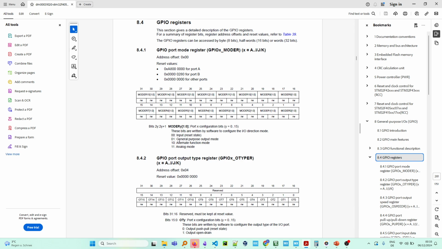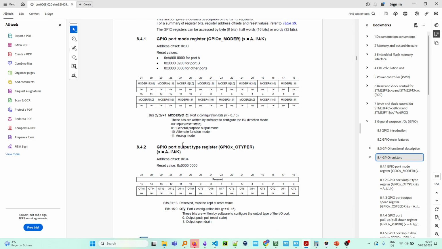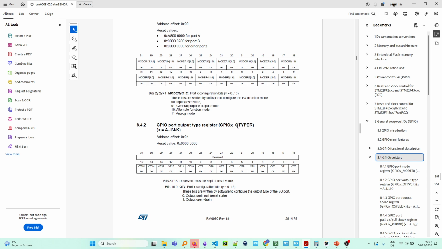So we are going to use this alternate function mode. And analog mode is for when you are reading some analog signal from a sensor directly. So we have to use this analog mode. And for the GPIO output type register,